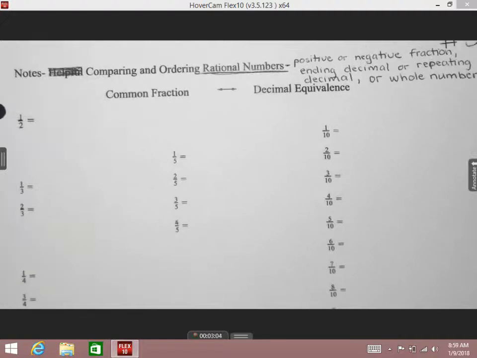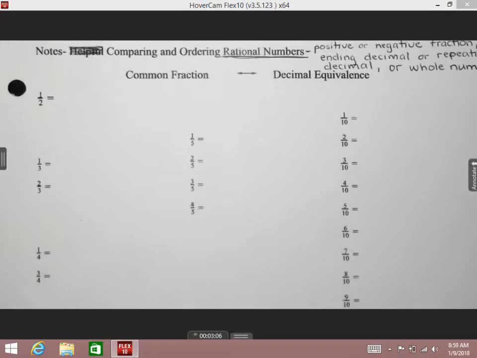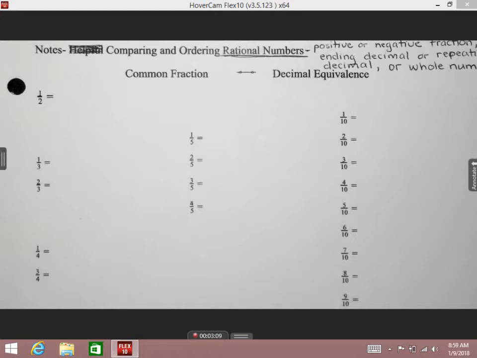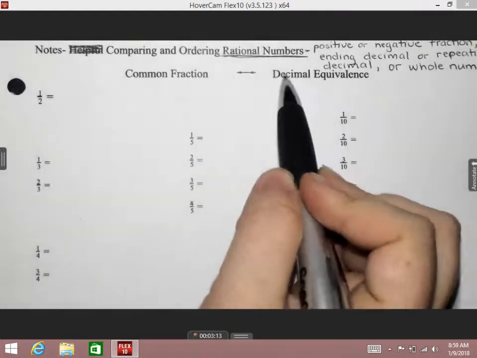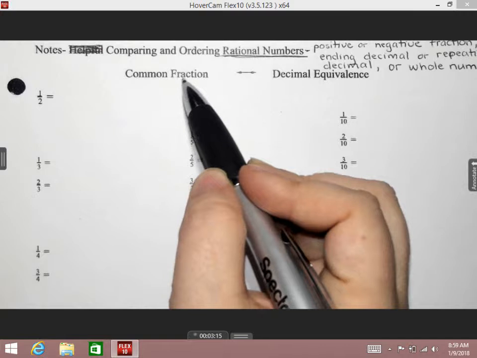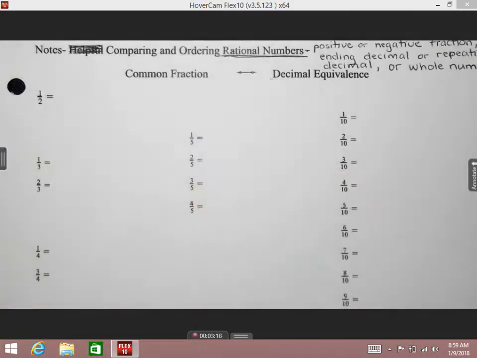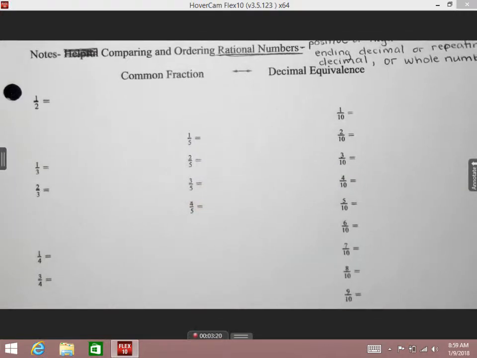So something that's going to be helpful as we talk about fractions and decimals is if we can know these common fraction to decimal equivalences. All right? So we want to be able to change fractions to decimals really quickly in our head, and we can do that by memorizing some of these basic ones. Guys, I can already tell you in 7th grade, you're going to have quizzes where, like this year we did quizzes on our multiplication facts, right? Well, next year they're going to be quizzing you on your fractions and making sure that you know automatically